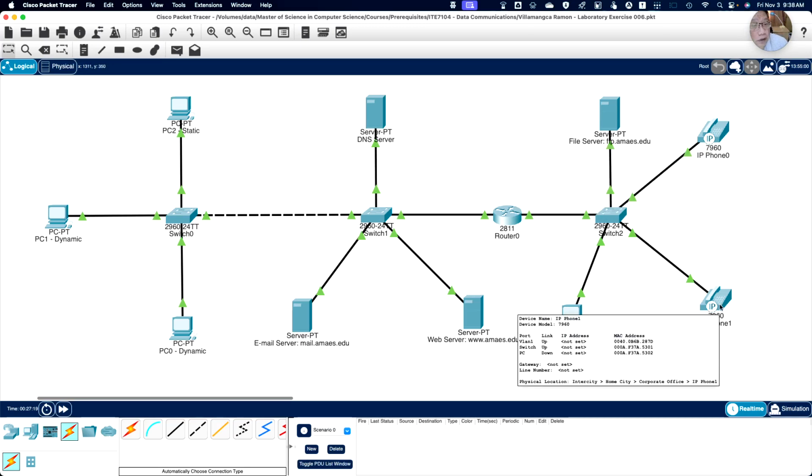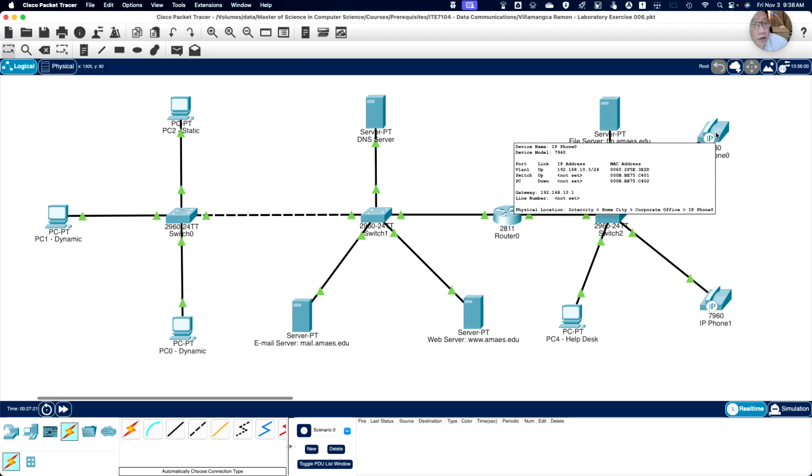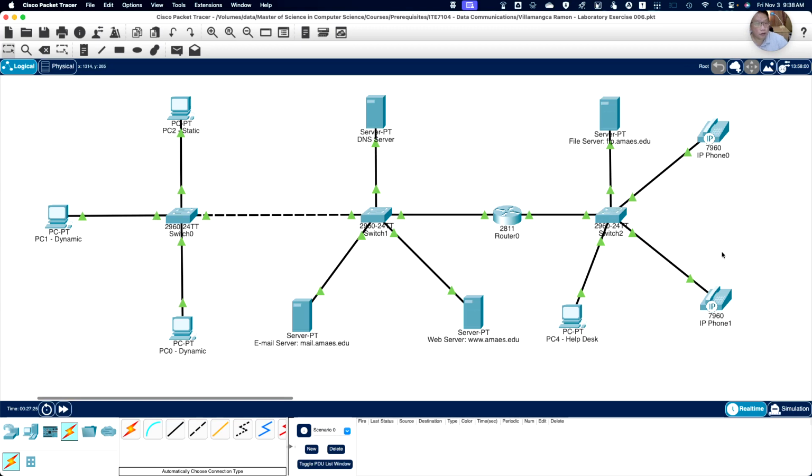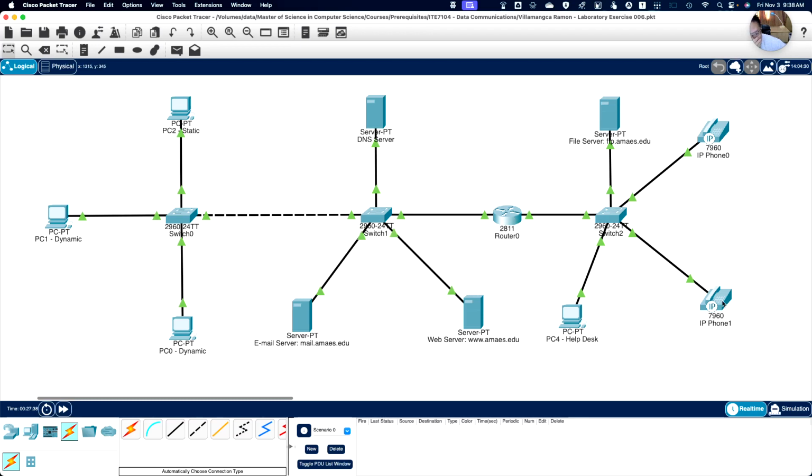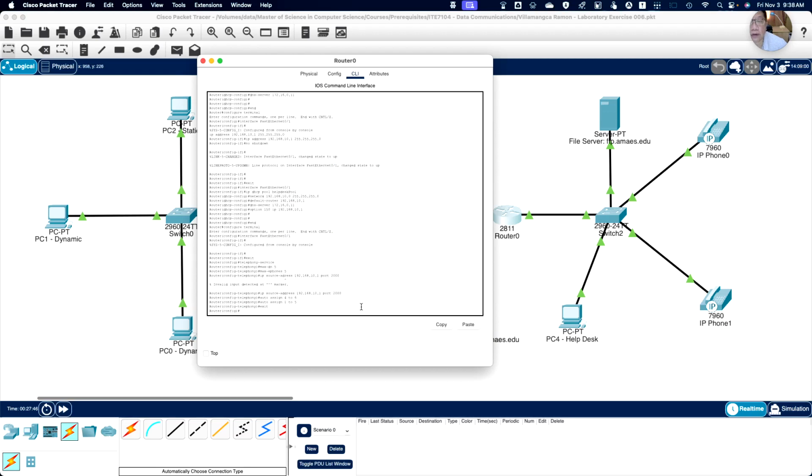Why is it not getting an IP anyway? Okay. Should be getting an IP by then. Now okay, both are up. Should be getting an IP. Okay, now it's got an IP. Now we have to go to the router again. Okay, in the router